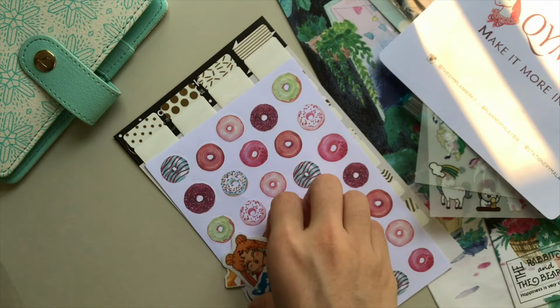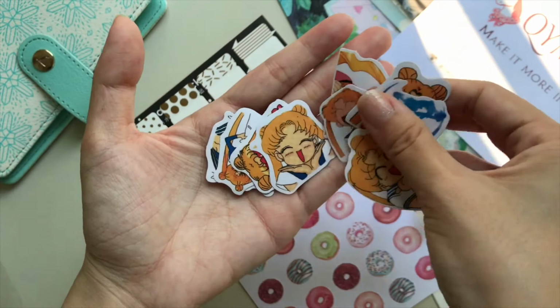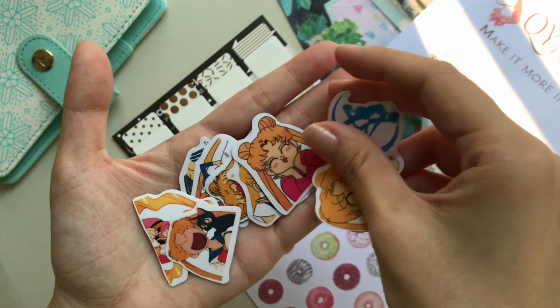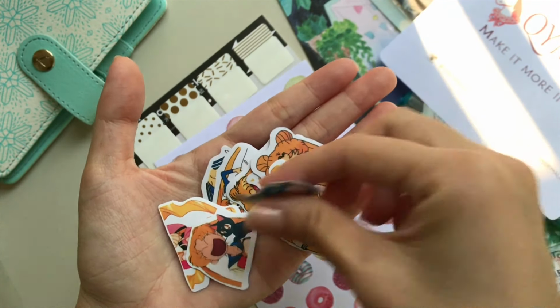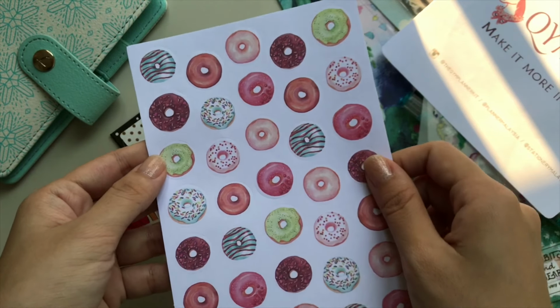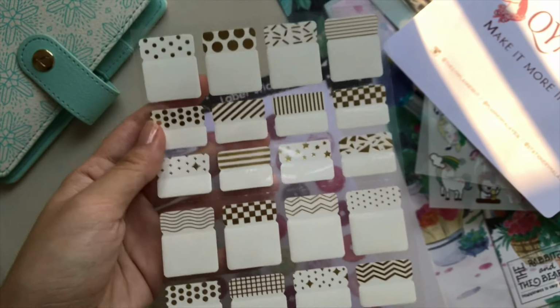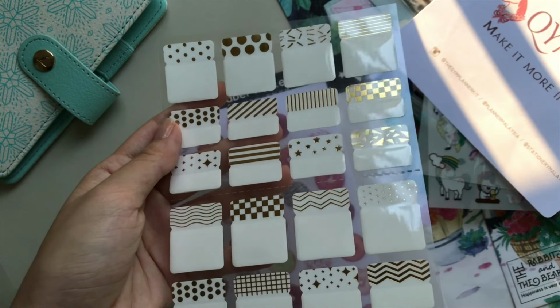And now I want to show you guys the add-on sticker kit. This is a separate add-on that you can add to your subscription and it will ship with your regular subscription. First of all is this sticker flags, and then you receive a sheet of decor sticker, and these are cute donut stickers. And then you will get a bunch of sticker tabs, and all you have to do is basically just fold them over,